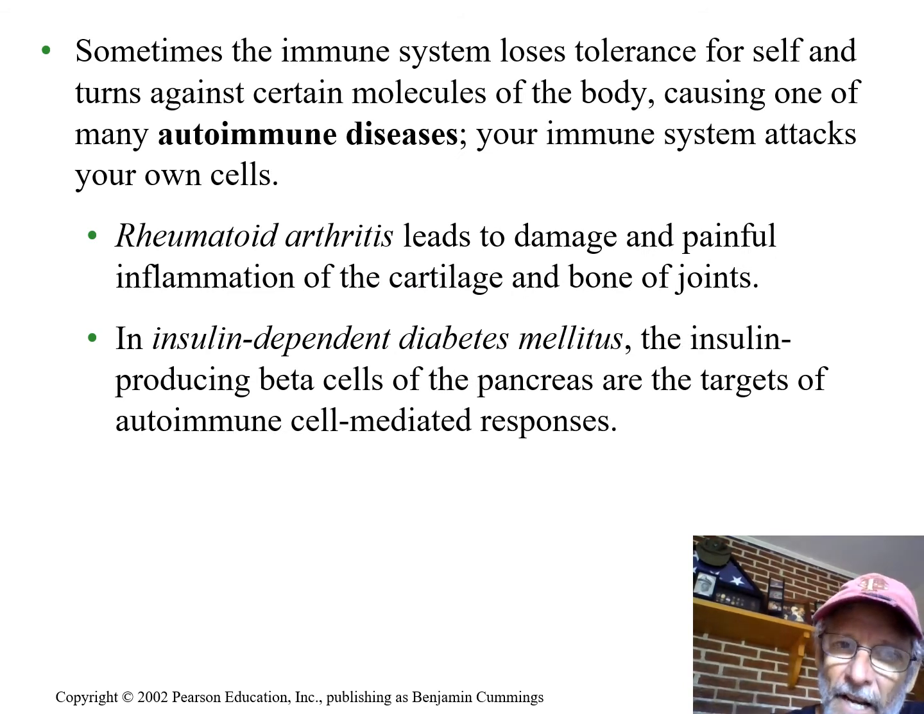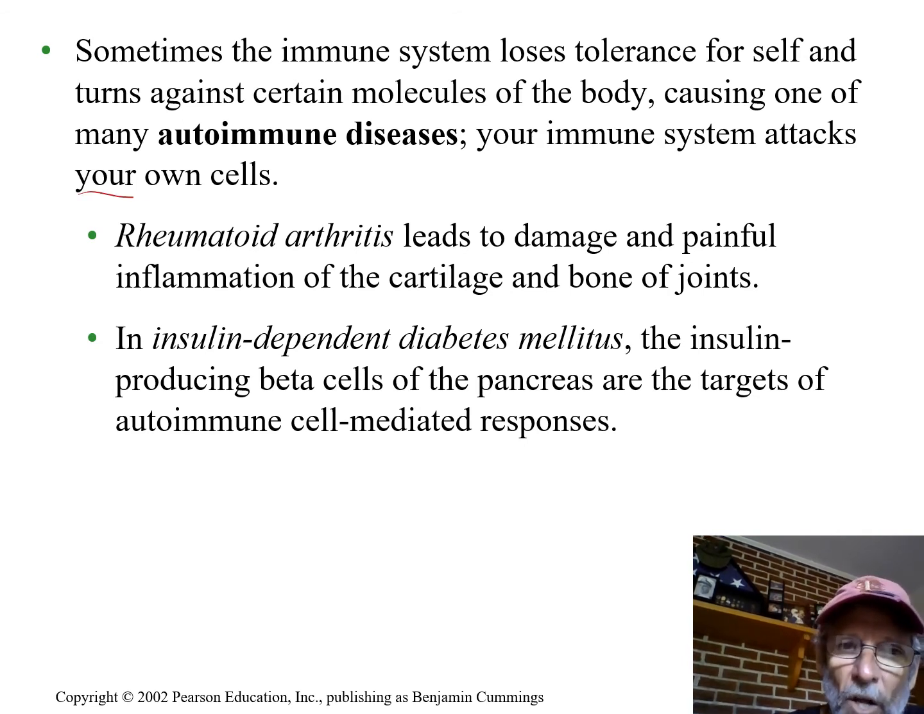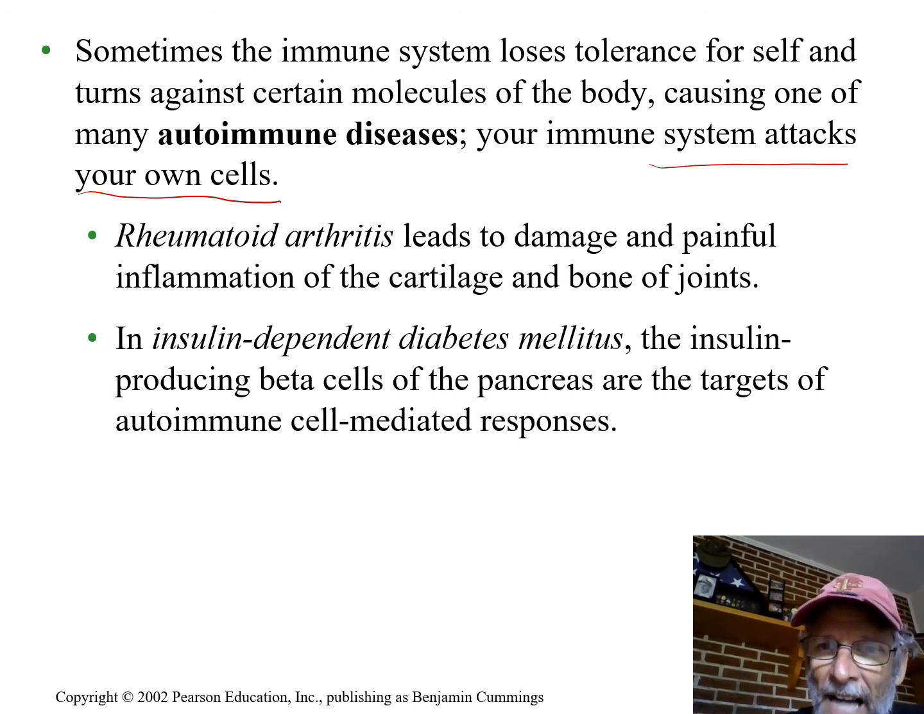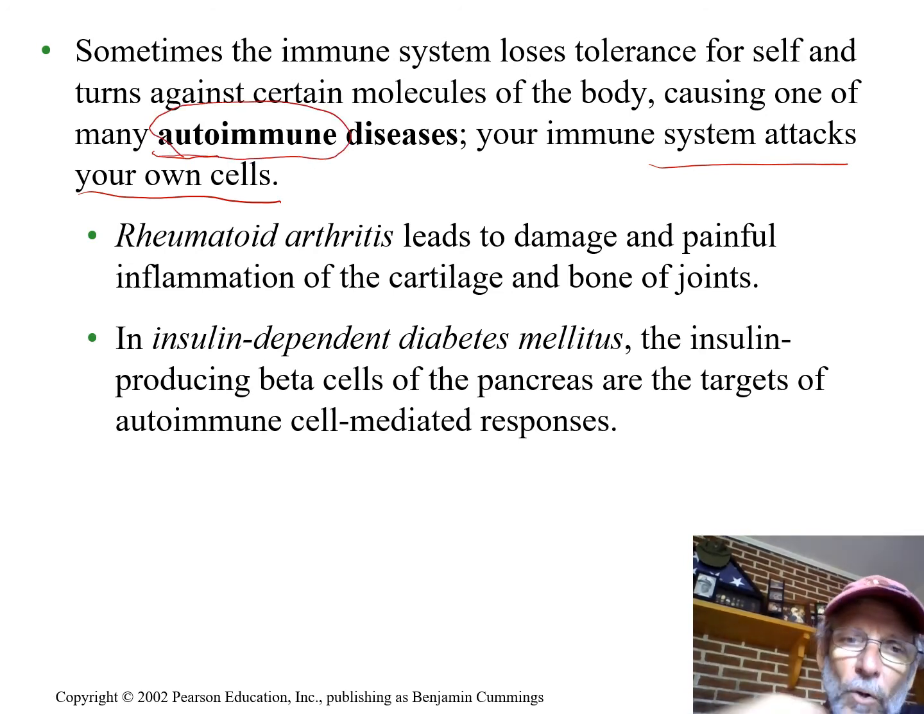Then we have the case where some white blood cells got receptors that would recognize your own cells as bad guys and attack them. Sometimes, unfortunately, that happens. We call these autoimmune diseases because the word auto means self, and this means your immune system is attacking yourself. Some common examples of these are rheumatoid arthritis,